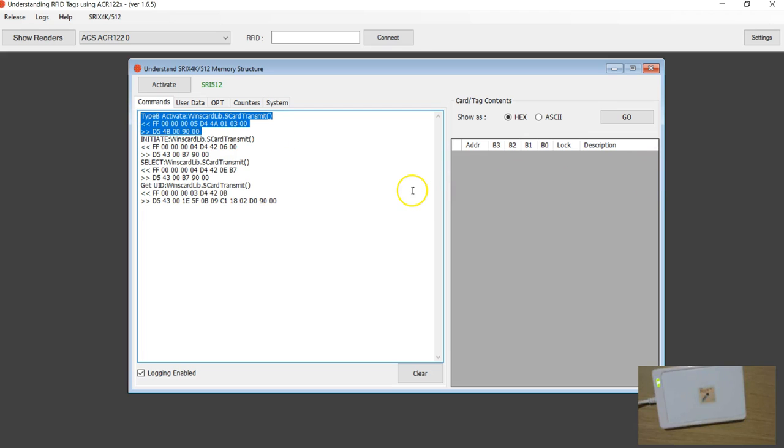Because of the way this tag works, we don't have to activate it, since as soon as you bring the tag near the reader, it's always in the ready state. Now we are sending the initiate command. You have to see the documentation for this command structure. With the initiate command, this is the response we get,